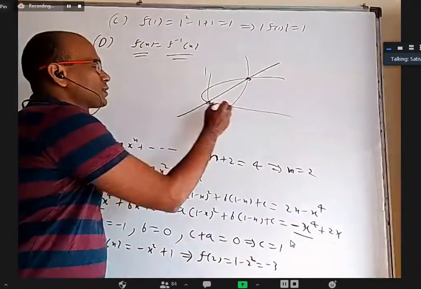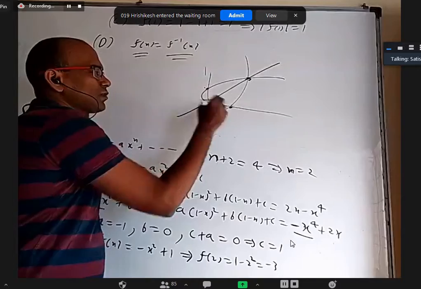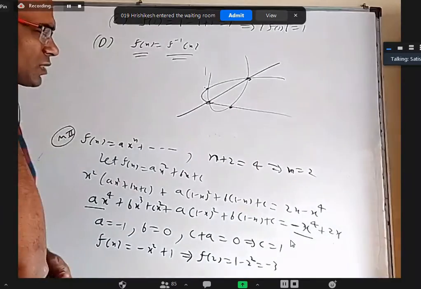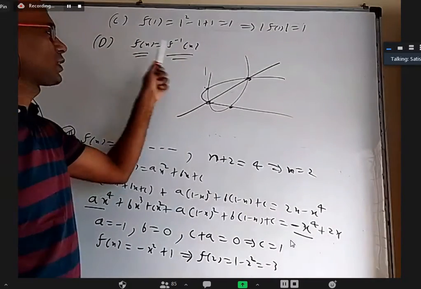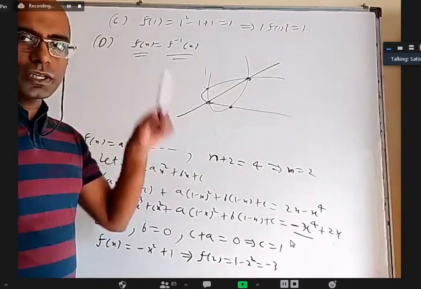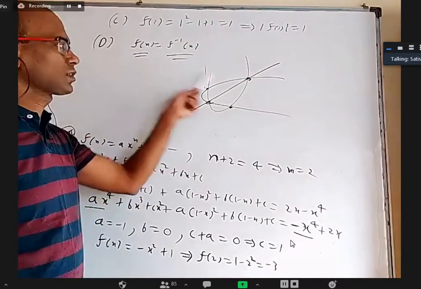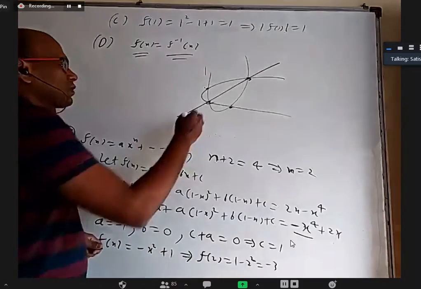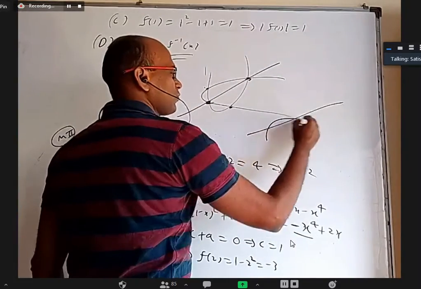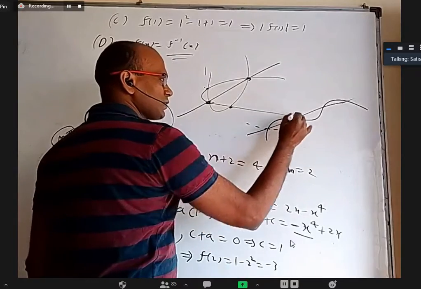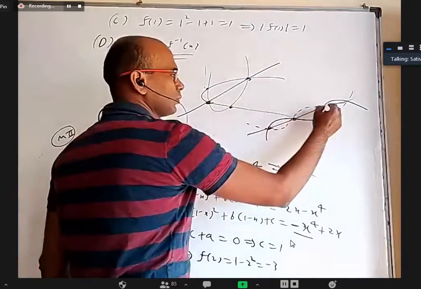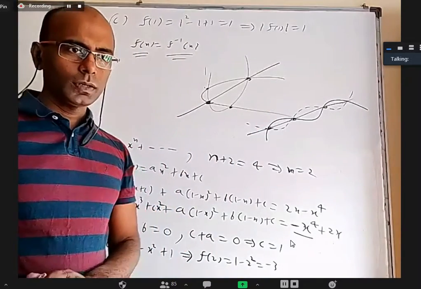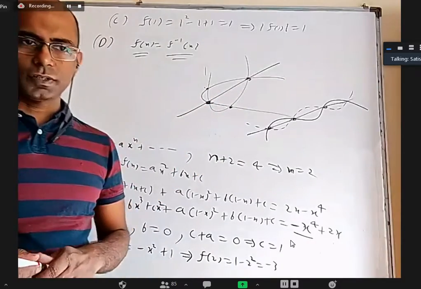But they are not the only points. You can also get some other points, because even here and here also f of x and f inverse x are the same. So it is not correct to say that you just solve f of x equal to x and you get solutions of this equation. But when you solve f of x equal to x, whatever solutions you get, they must be solutions of this also. Because if f of x is equal to x there, it is also f inverse x. Even if f of x is like this, f inverse x will be like this. You can see all the points where f of x and f inverse x are equal, they are only on the y equal to x line, nowhere else. But in some other figure, it may happen slightly differently, right?